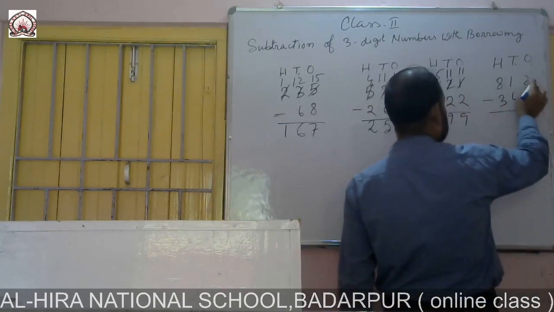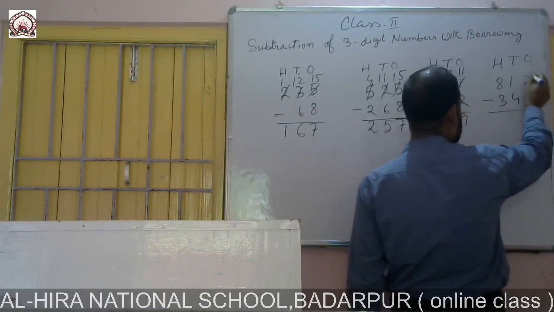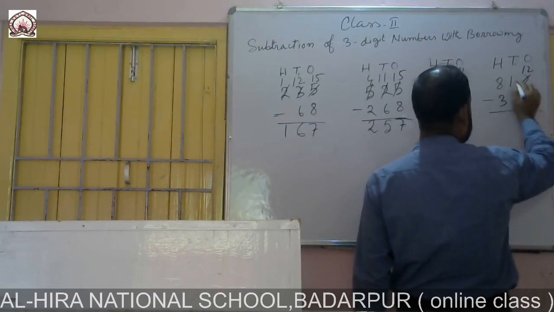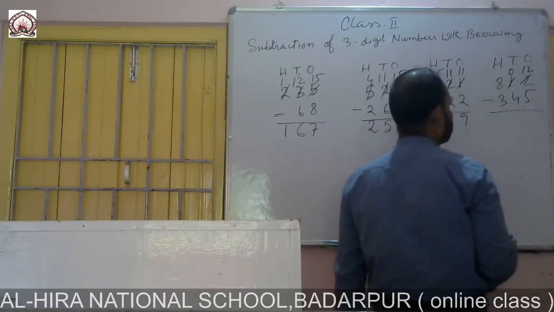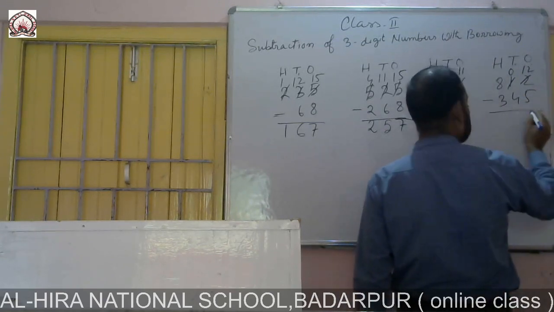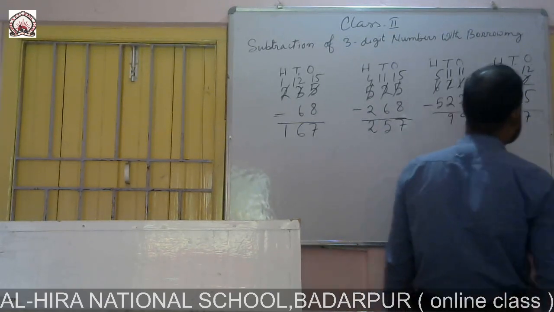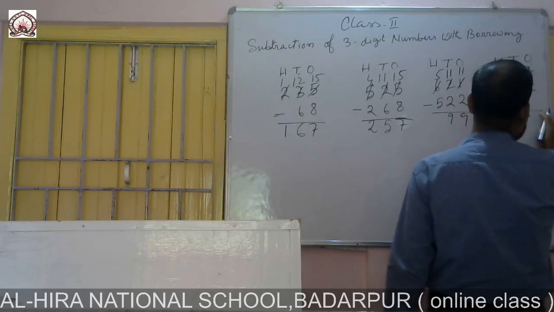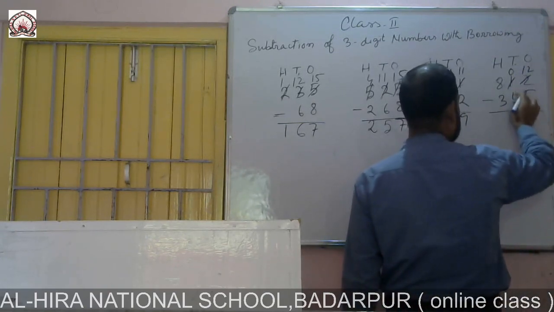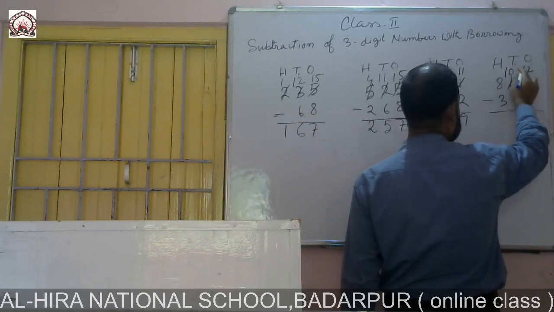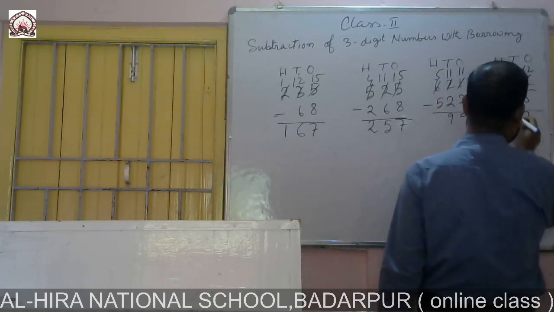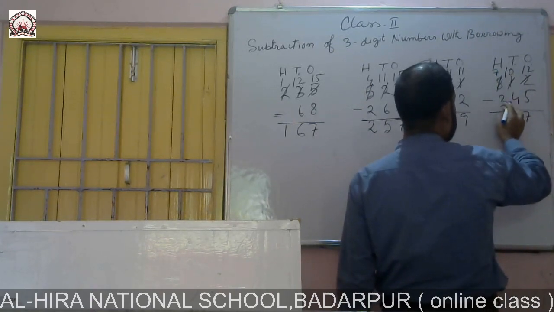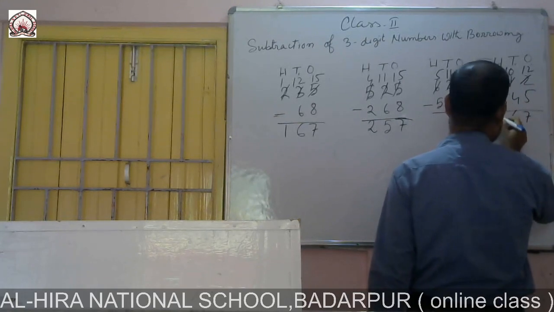Now there 2 minus 5 cannot, then carry 1, borrow 1, then there is 12 and there remain 0. 12 minus 5 is equal to 7 and there remain 0 minus 4 can't, then borrow 1, then there is 10. 10 minus 4 is equal to 6 and there remain 7. 7 minus 3 is equal to 4.